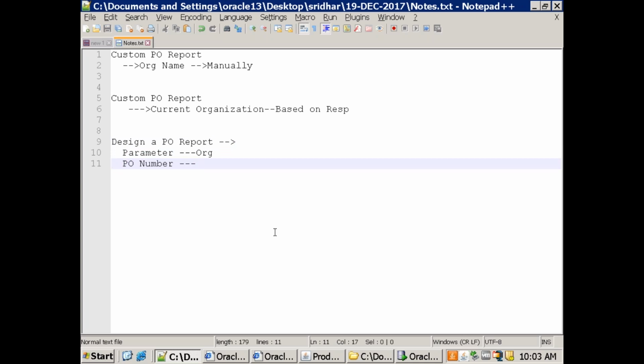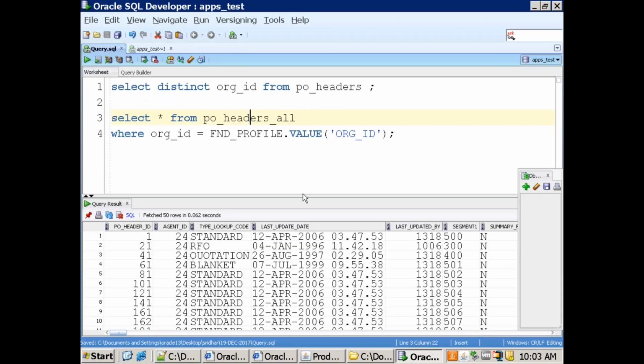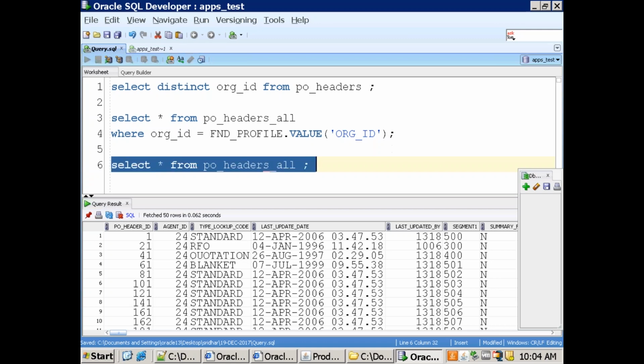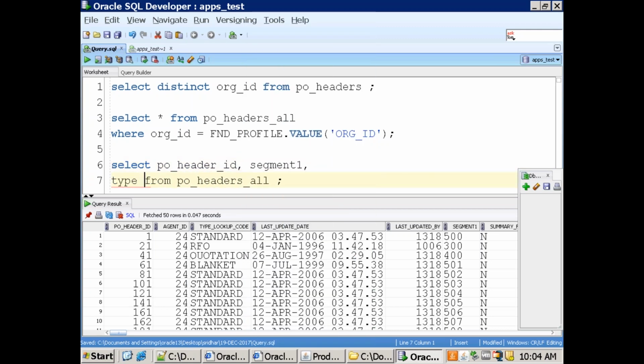So first thing I'll do is design the parameters independently and then we'll make them dependent. So let us design the query first. Select star from, I'm using PO headers all as of now. And what all we require: PO header ID, segment 1, type lookup code,